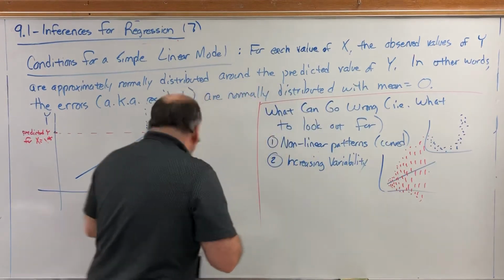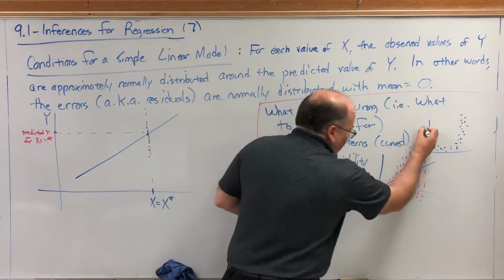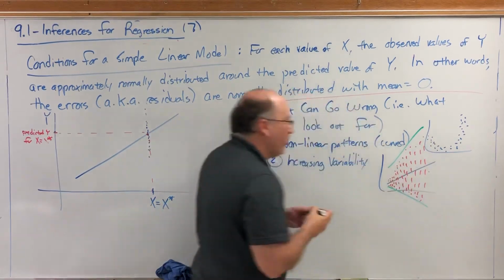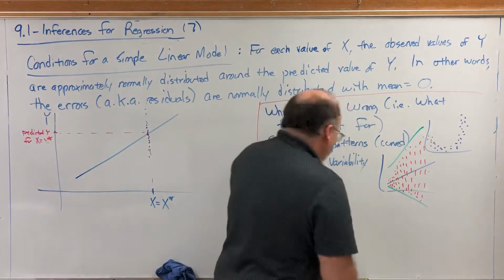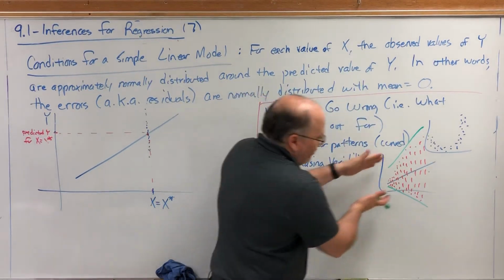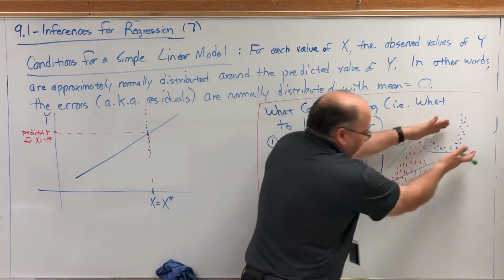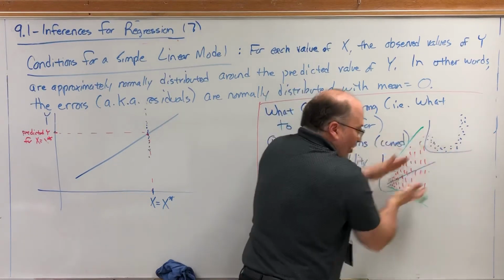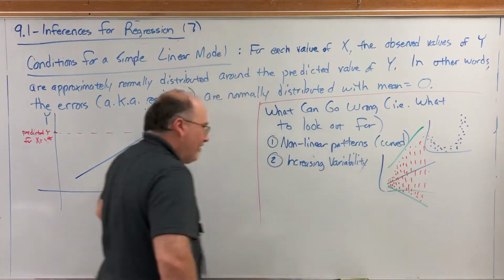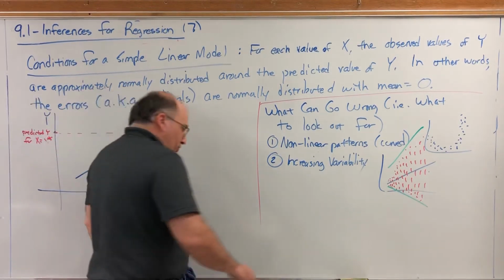It's almost as if you were to put a line that served as a ceiling for these and a line that served as a floor. The further out you go, the further out those lines get. So in order to avoid that, you really want the lines defining the tops and bottoms of your scatter plot to be fairly the same distance apart from each other as you move along, somewhat parallel to the line of best fit. And then the third thing, and this shouldn't surprise you,